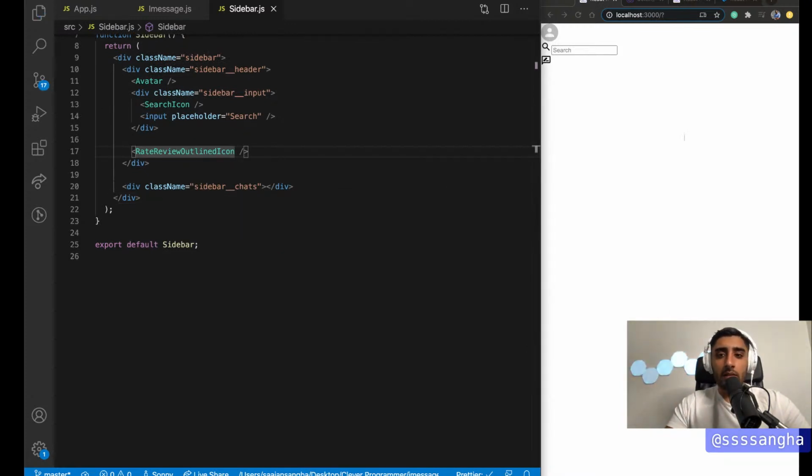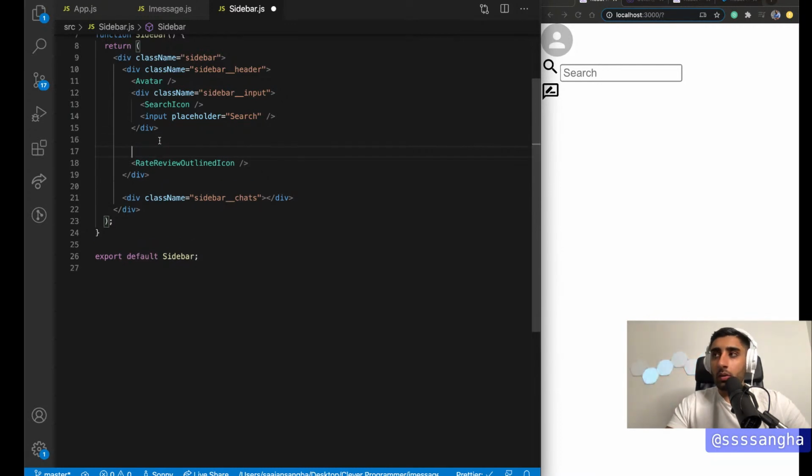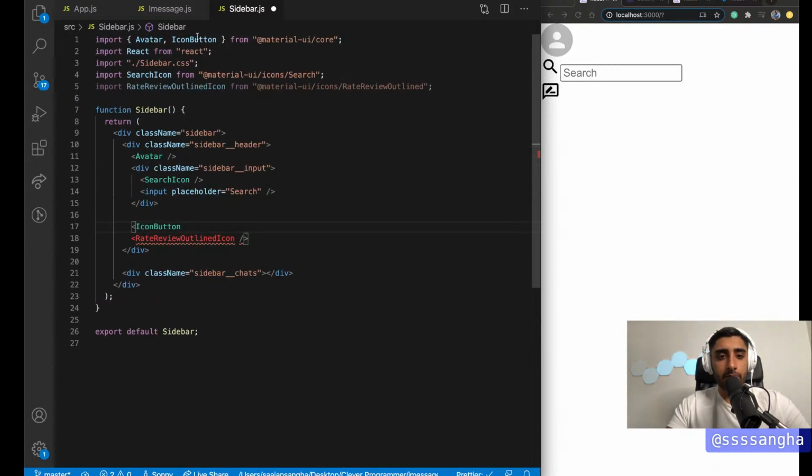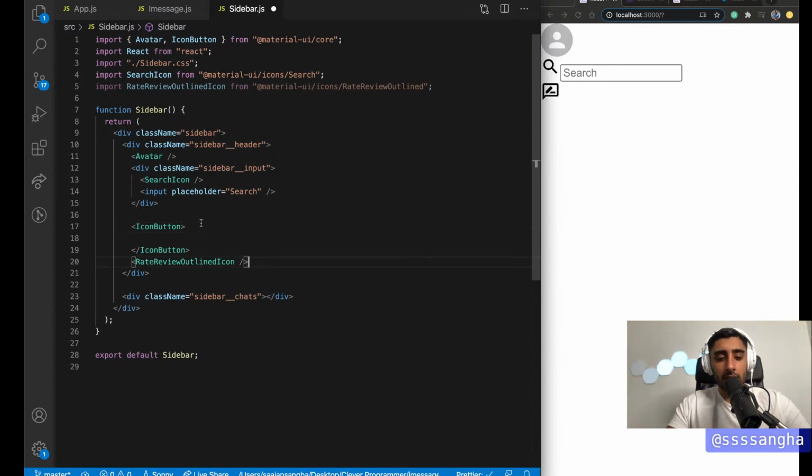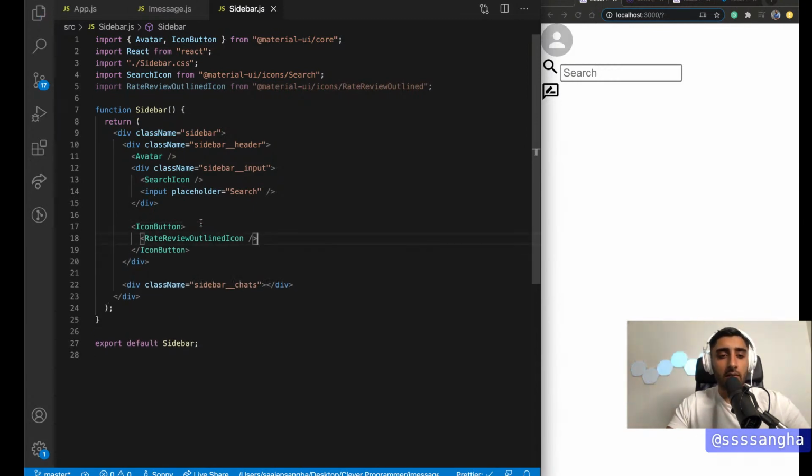And what I can do is you see right now, this is not clickable, right? So to make an icon clickable in material UI, all you need to do is actually pretty simple. You go ahead and you import something called icon button. Yeah, so I did an auto import and then basically this takes a child. So pretty much you go ahead and expand it. And I'm going to pop the icon inside of it. And that will actually make this clickable. So you see now we get that beautiful ripple effect. So if you didn't know that and you now know that, so go ahead and